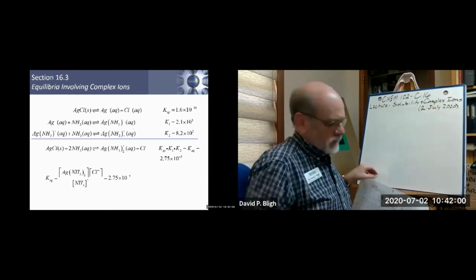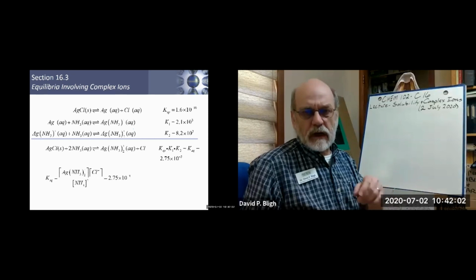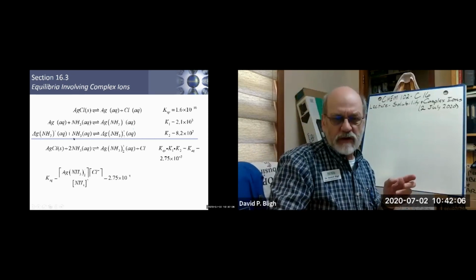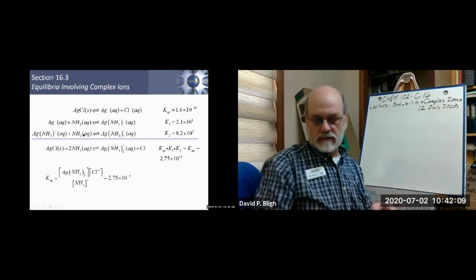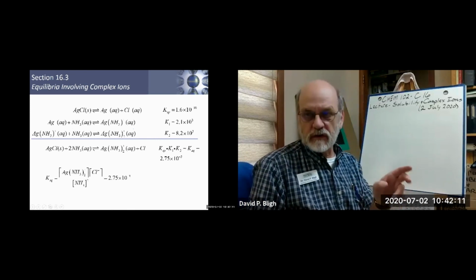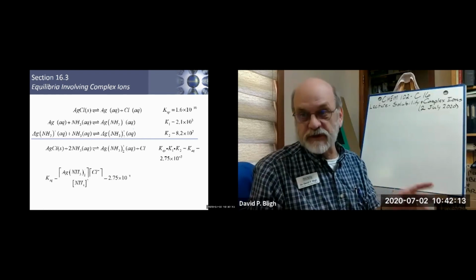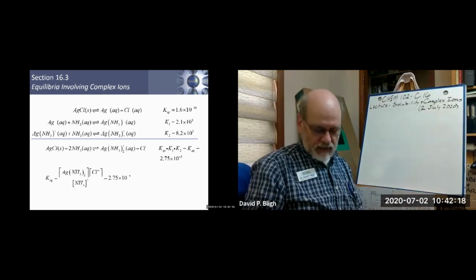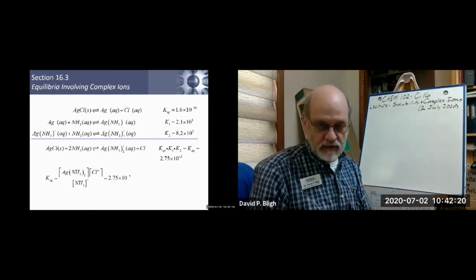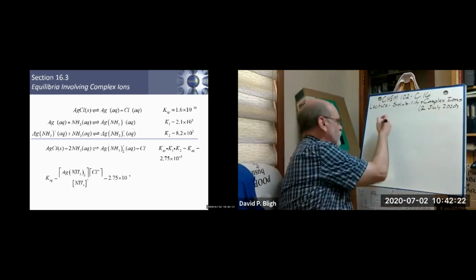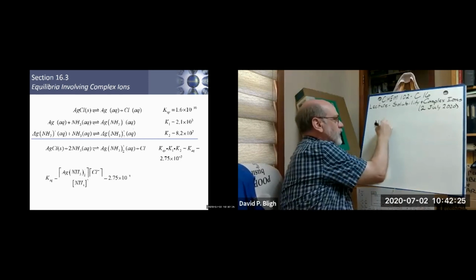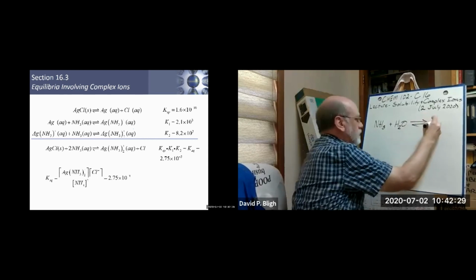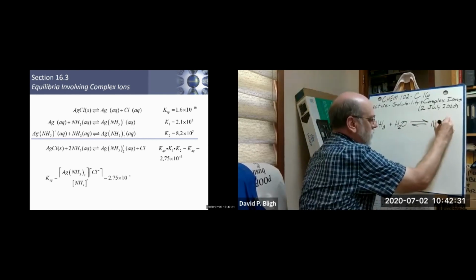But in order to form the complex ion, you've got to guarantee that the ammonia that you put in solution is still there when the silver goes in. Right, and the appendix in the lab document will explain that the reaction that ammonia undergoes in water